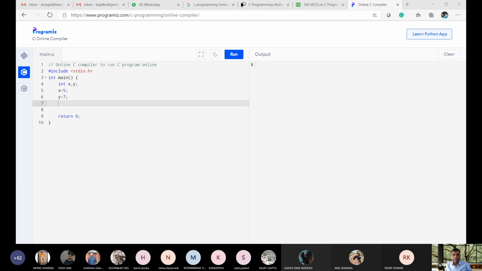Let me show you different operators. printf, inside double quotes I have written \n, integers are x equals to %d, comma y equals to %d.